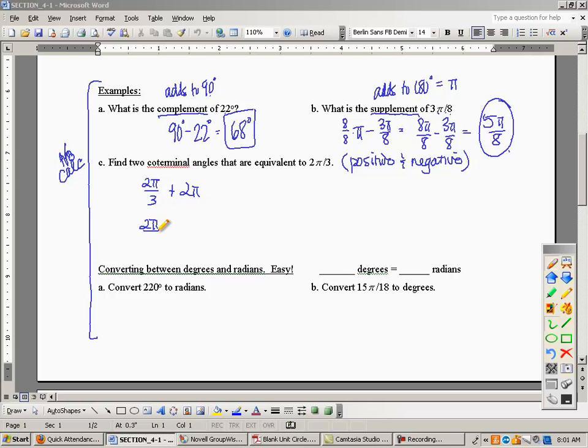And I'm going to take 2 pi over 3, and I'm going to subtract 2 pi, which is going the clockwise way, and it goes back in the other direction. Again, common denominators say, okay, I need to multiply this by 3 over 3. So I have 2 pi over 3 plus 6 pi over 3 equals 8 pi over 3. And this is a positive angle. So here's my positive coterminal. In order to find my negative, I do the same thing. I need that common denominator. So I have 2 pi over 3 minus